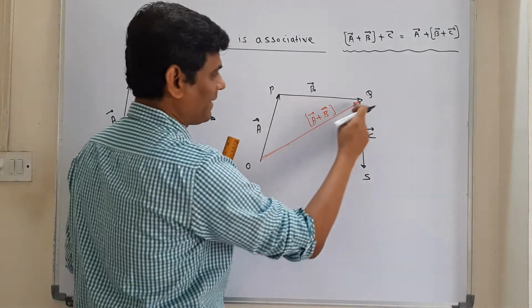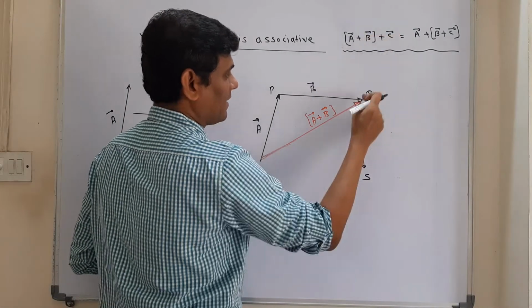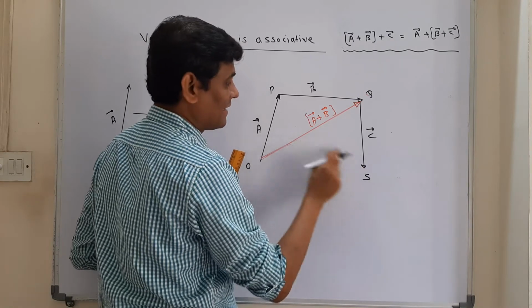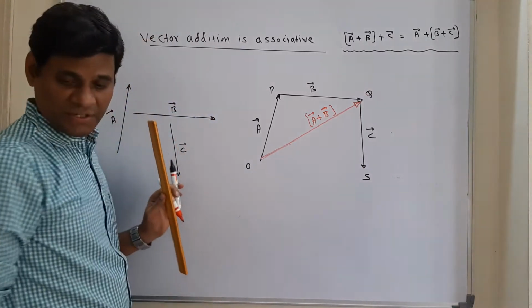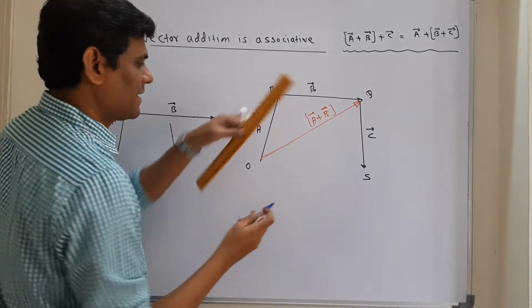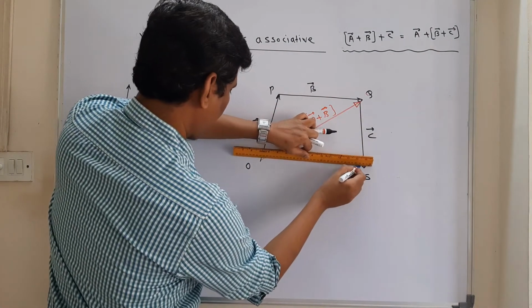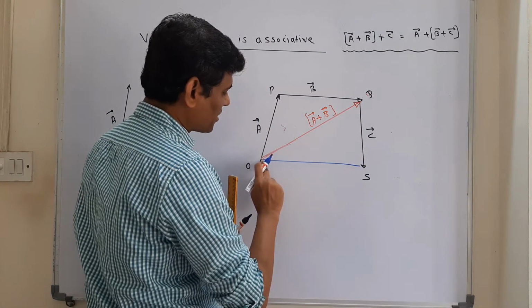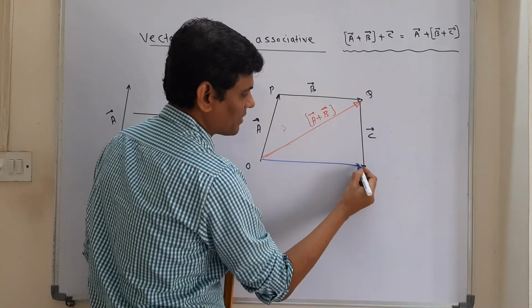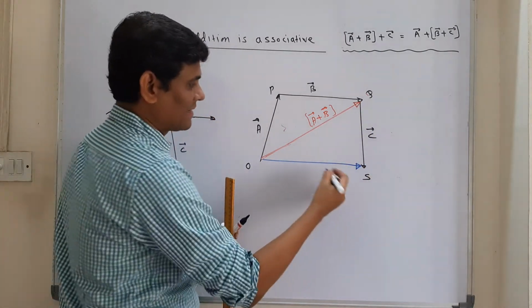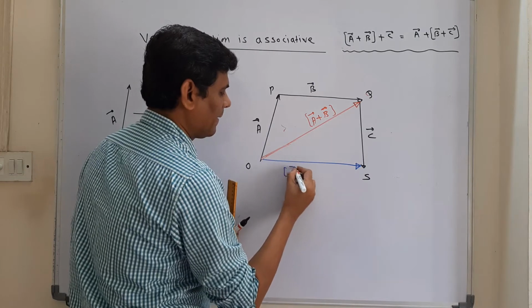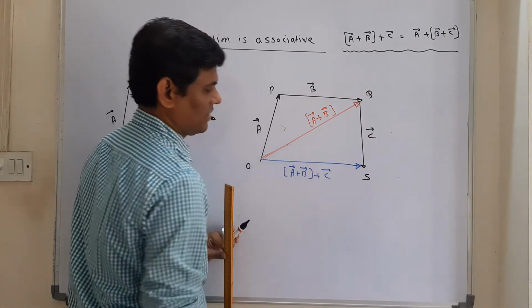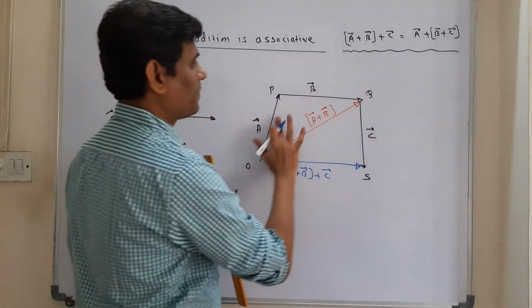So one vector is A plus B and the other is vector C. We use the triangle law for this too. The resultant of this you will get somewhere here. Let's say this is the resultant. Now where to draw the arrow? At the starting point of the first vector and the ending point of the last vector. So the arrow is somewhere here. And this is nothing but A plus B and then vector C. So this part we did.